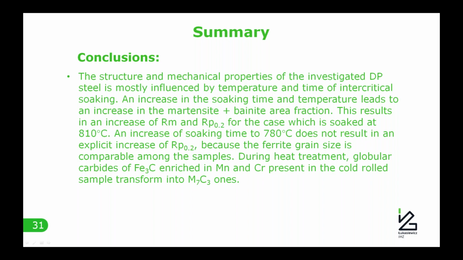This results in an increase of ultimate tensile strength and proof stress for the case which is soaked at 810 centigrades. An increase of soaking time at 780 centigrades doesn't result in an explicit increase of proof stress because the ferrite grain size is comparable among the